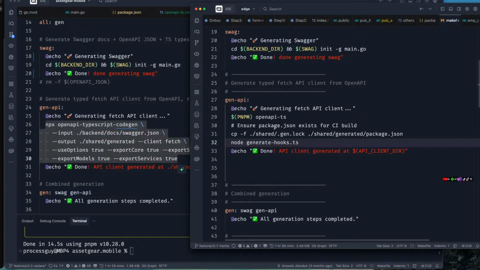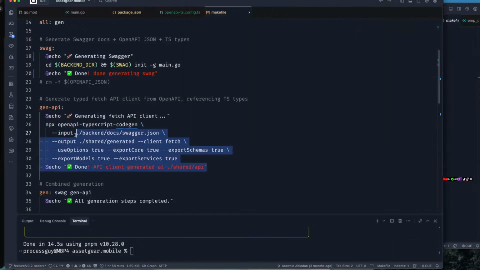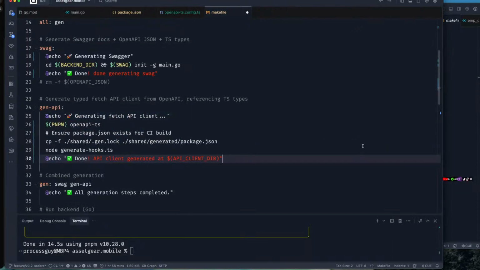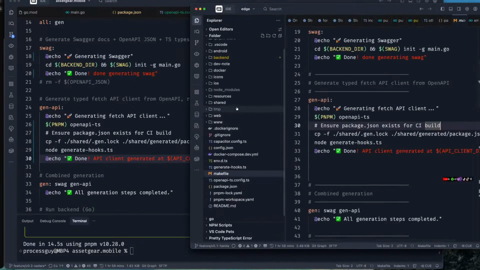Fetch API, ensure package. So I did something here, and the idea is that whenever I'm generating the generated code inside the system, I always create the packages myself because it's needed for other things. So I'm also going to use the whole approach, this .gen.log. So this is a fixed file that should always be here. So I'm going to go and create that one. Eventually we might end up just doing copy and paste for everything, but it also helps to see what's going on. So let me copy that code here